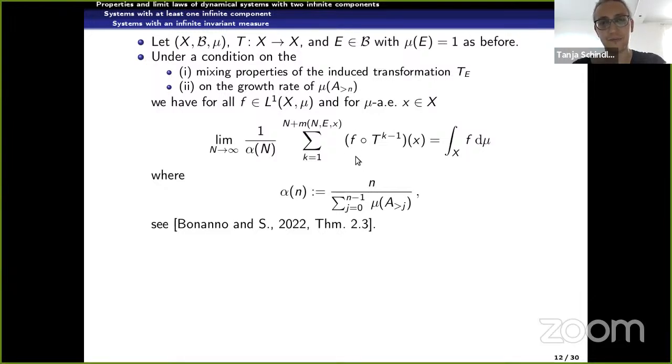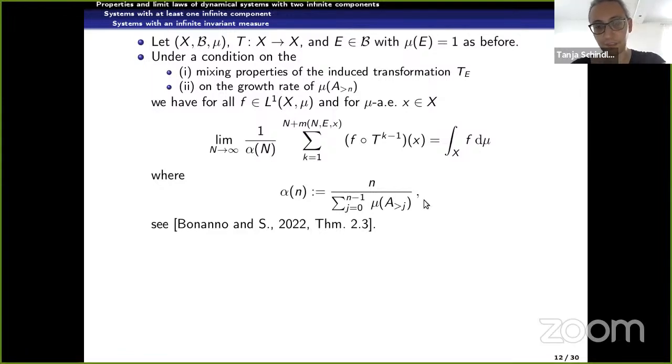The f appears on the left-hand side and the right-hand side, but also this norming sequence does not depend on f, or basically one could divide by the integral over f d mu and has convergence to 1. And alpha of n, the norming sequence, is directly given by